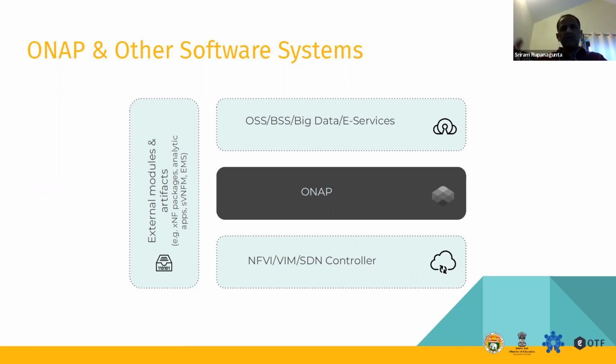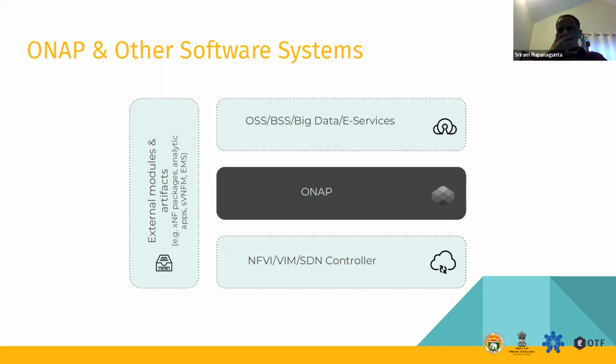There are some SDN controllers like OpenDaylight and Tungsten Fabric. There are several of them in the market. And again, ONAP doesn't do any of that. ONAP can be layered on top of that, so ONAP can interface with SDN controllers to do the SDN functionality. So this is the overall ecosystem, what ONAP does and what other layers do.